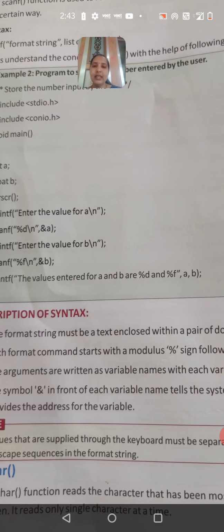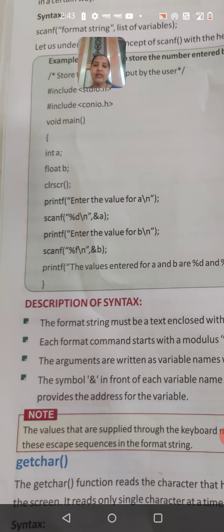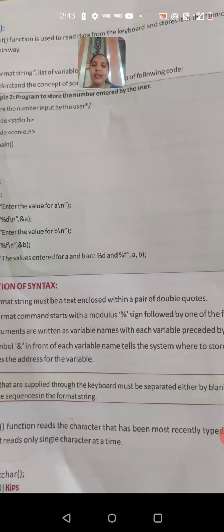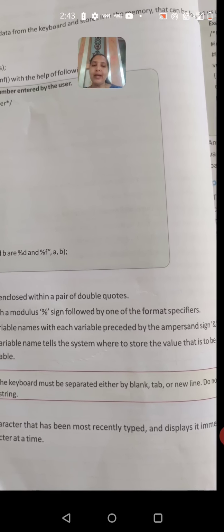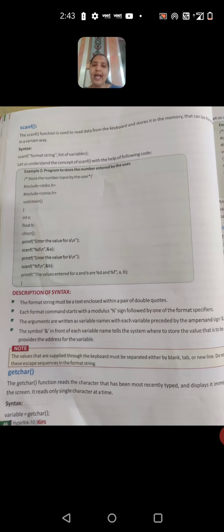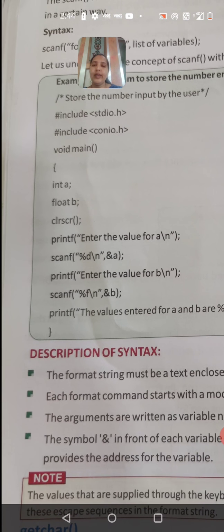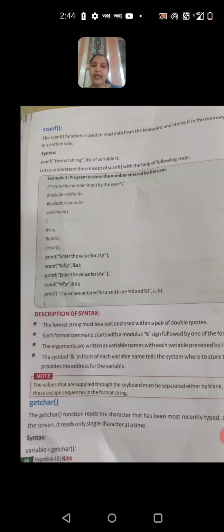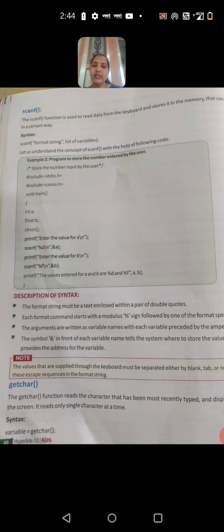See here in the scanf, we write %d; that percentage sign is called modulus. Then arguments are written as variable names, with each variable preceded by the ampersand sign. Here, to read a value we use &a. That's what they are explaining again here in the description of the syntax.